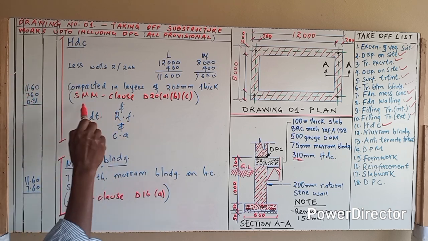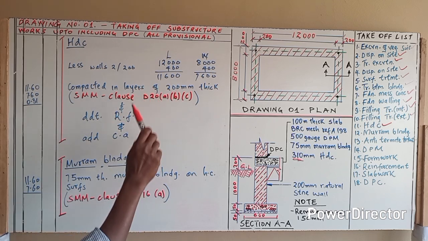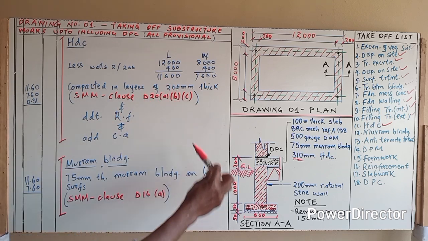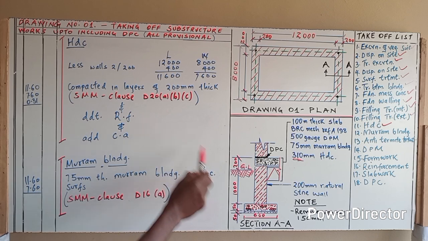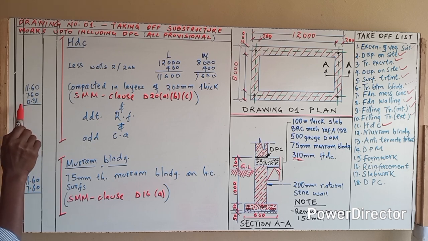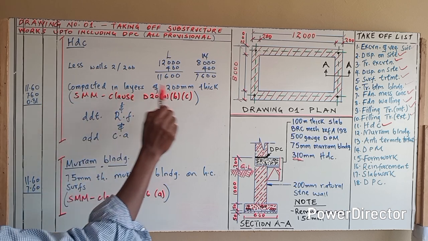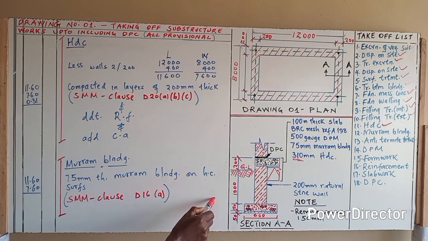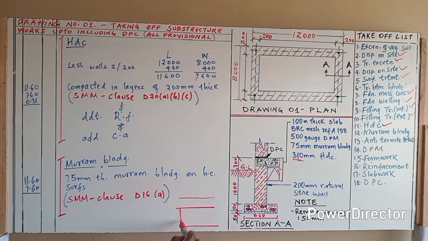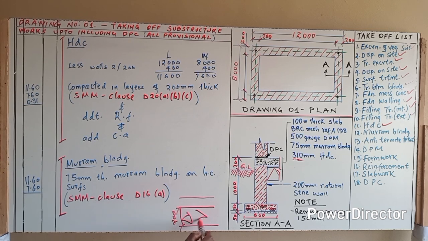Now, if you read SMM clause D20A, B, and C, it states that if the thickness of a hardcore is exceeding 300, like this one now, you can write it here. So we are going to write it as 0.31 meters, and then we remember to close. So they are going to be compacted in layers. Why? If this is the thickness of a hardcore, the first 200 will be majorly bigger